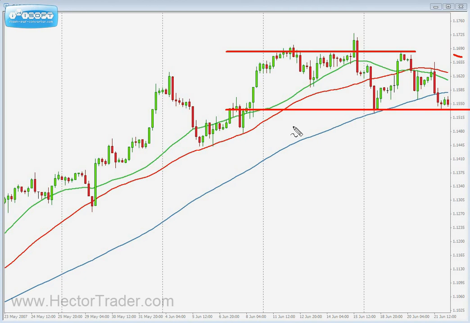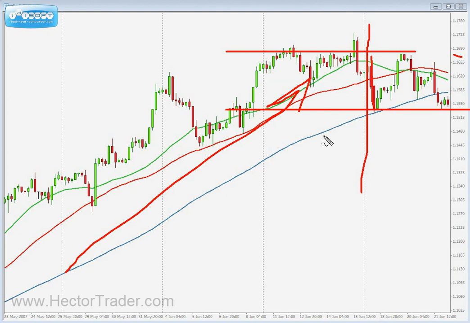Remember what I said before. No trend, no trade. We had the trade all the way up to here. That was a beautiful trade, a beautiful trend. Long trades, long opportunities, long setups were high probability trades all the way up to here. From this point on, when we begin moving sideways, the moving averages are not